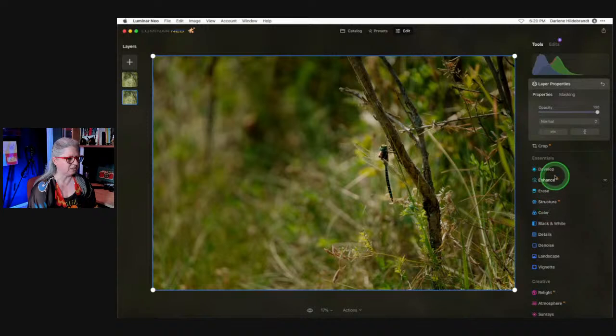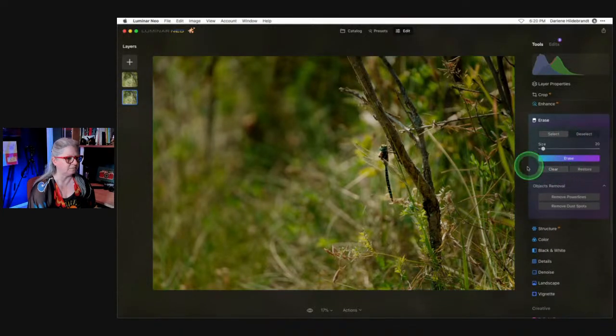So I should come back down here to the bottom layer and do my erasing here. And let's just see if I can get it to remove. So again, remember, it's not going to be 100% because the layer on top is still showing part way, and it has the grasses included. Okay, so again, if you're going to do erasing like this,